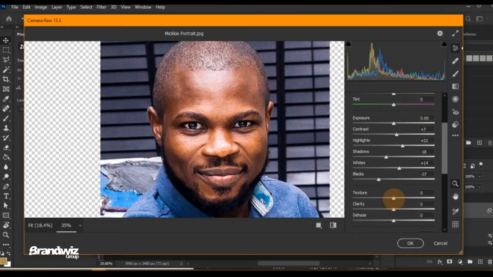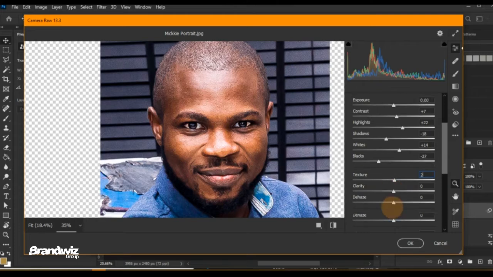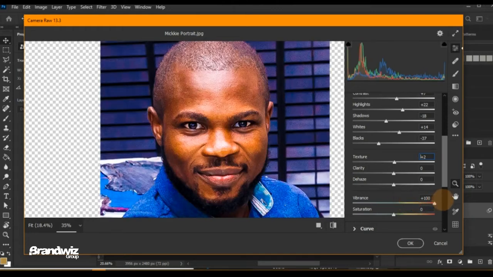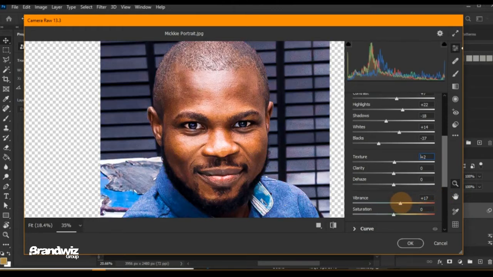Then you go to texture. If you like, you add a little texture, but don't make it too much so that it doesn't look weird. If you like, you can just add 1. Let me just add plus 2 texture. You can explore the other options you have here, but everything I do depends on the picture quality I have. Let me add a little vibrance so that it will look shiny. The more you go, the more yellowish it gets, but I don't want that yellow effect. So just add a little vibrance to it. Then